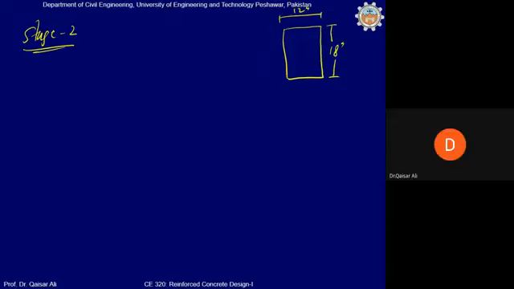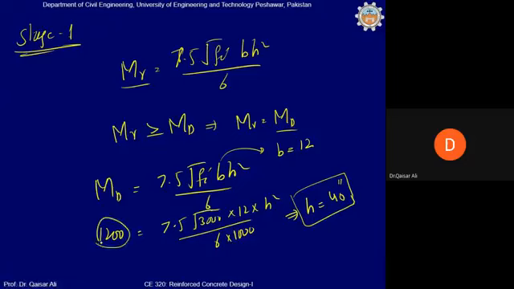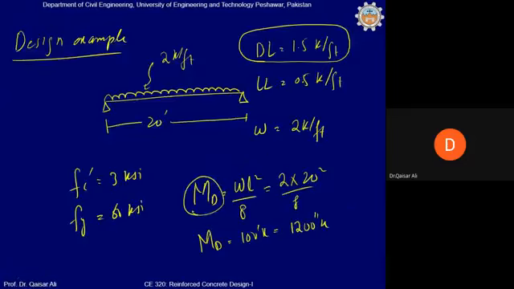तो तुम्हें हमने किया ना, 1200 इंच के बर्दाश्त करेगा ना, उसी के लिए तो हमने डिजाइन किया ना यार। कितना डिमांड मोमेंट है? मैक्सिमम डिमांड मोमेंट इज 1200 इंच के। सिंपली सपोर्ट बीम के लिए आप लोगों ने नहीं पढ़ा ये